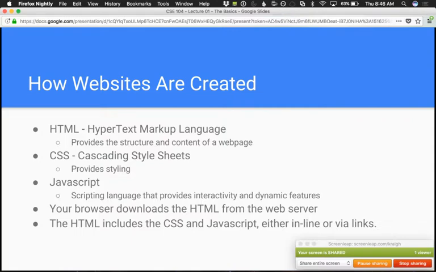JavaScript has full access to all the HTML on your page, so you can change things. You can create events that happen, like when the user clicks something, something will change. So any sort of interactivity or any sort of dynamic feature where stuff changes on the page, that's usually all